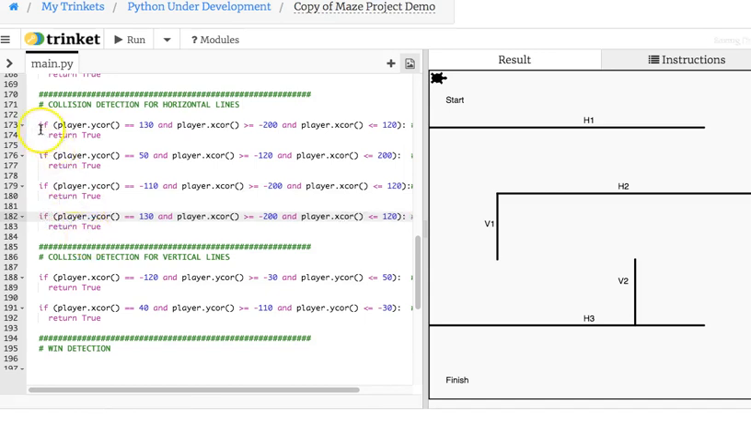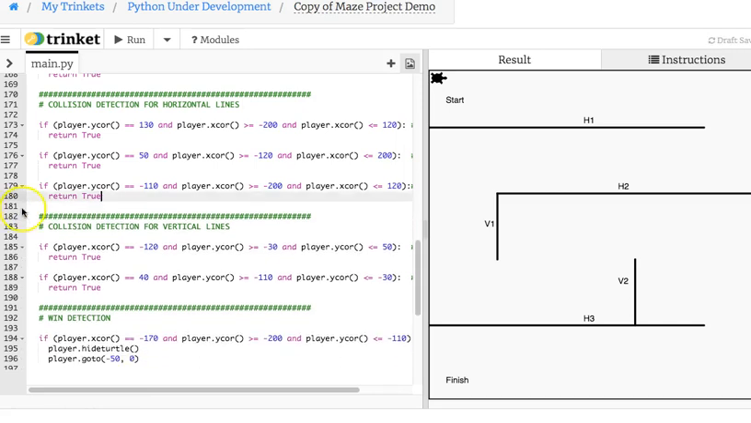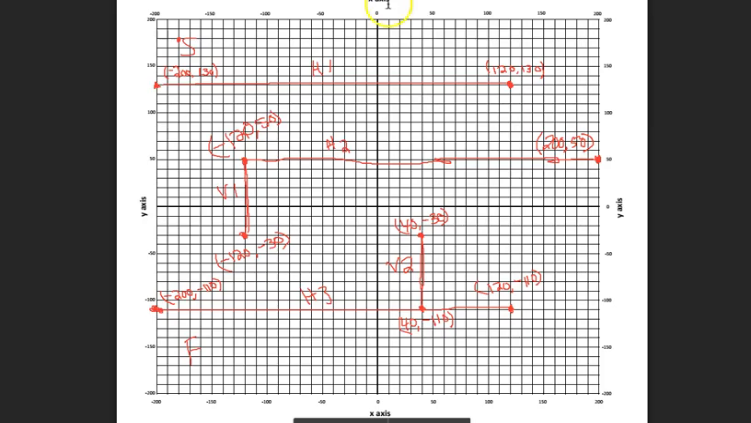You would have to keep all these ifs lined up nicely, and all the returns must be lined up nicely. And then you would change these numbers accordingly based on another video that explains how the collision detection works. Well, the collision detection actually works pretty well for horizontal lines, in that